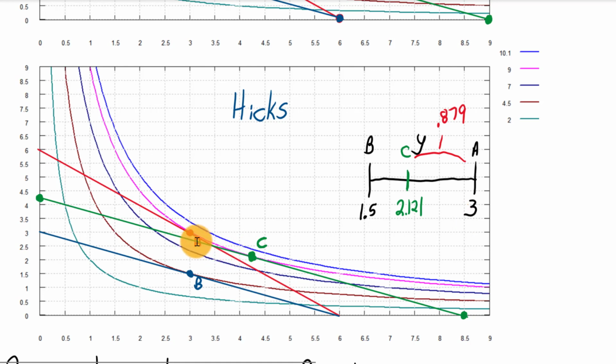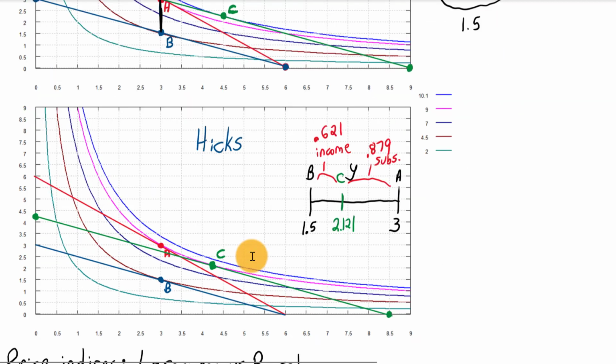Let's look at the budget lines. Between C and A, we are rotating the budget line, reflecting the change in prices, so that's reflecting the substitution effect. But between C and B, we're moving the budget lines parallel, reflecting a change in income. So between B and C, that is the income effect, and we see that that is 0.621. So using Sir John Hicks' method, we see that the income effect would be illustrated as being smaller than